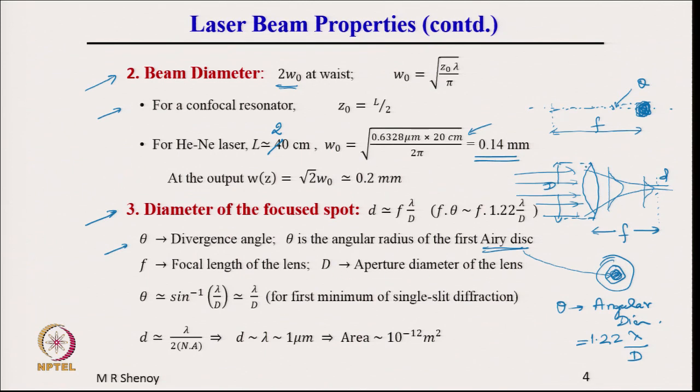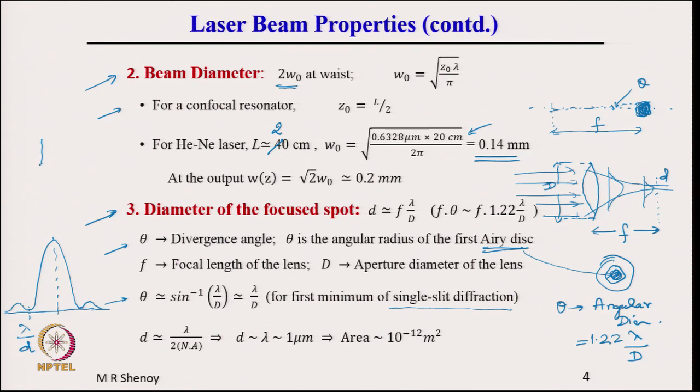So, that means the diameter of the lens, provided the entire beam fills the lens. So, that is the aperture diameter of the lens. We also know in single slit diffraction, those of you who are familiar with it, you get a pattern like this, and this minima here corresponds to an angle of lambda by d, where d is the